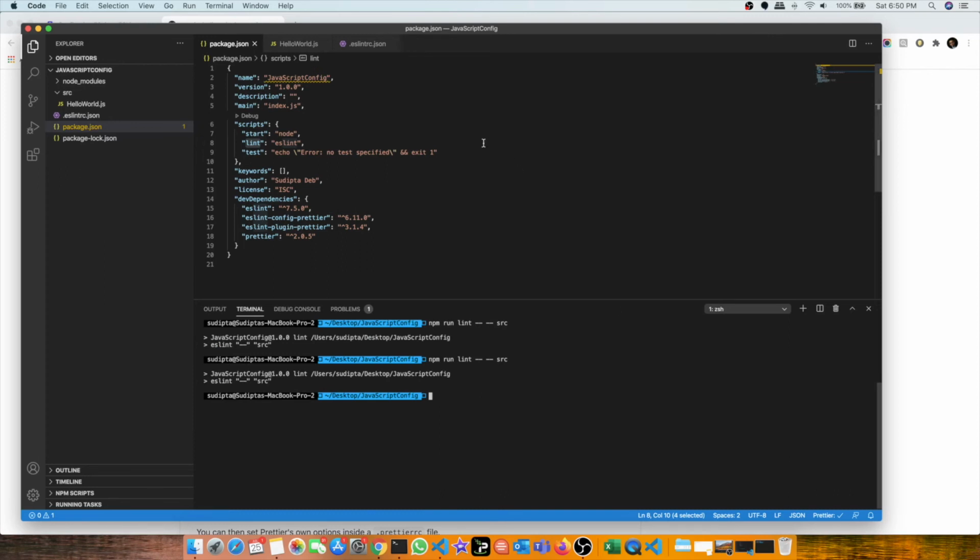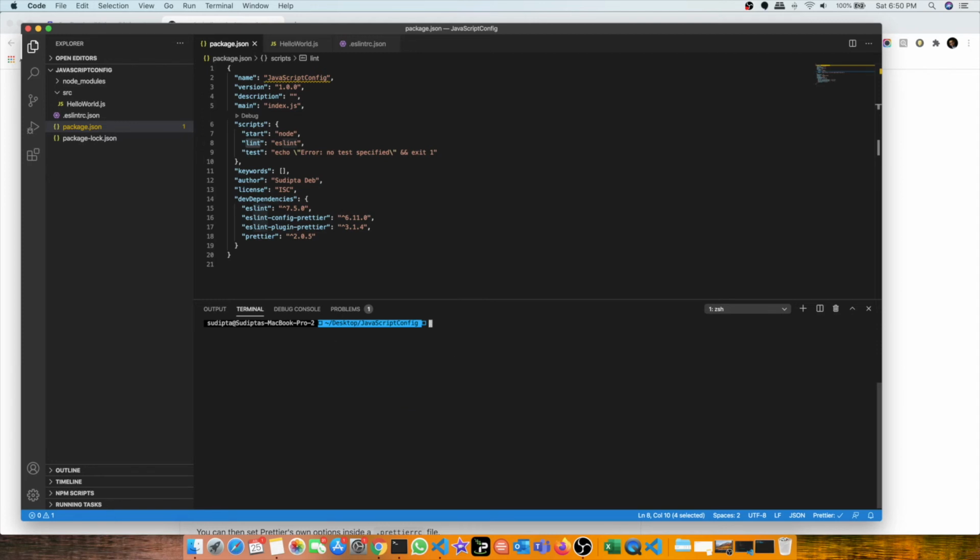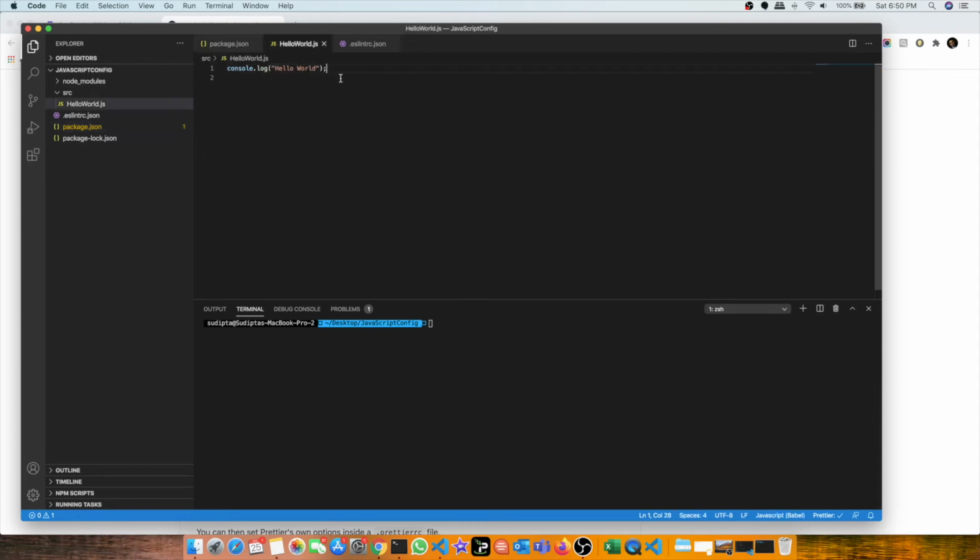So now let's make sure that our code is not following the best practices. And yep, you see here, it already started complaining that your code is not following the best practices. If you hover over there, it's telling you to replace the single quote with double quotes and add a semicolon, because that's the complaint that ESLint is giving. But I want to